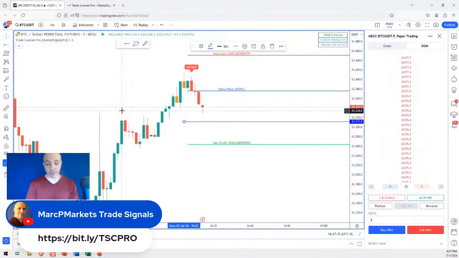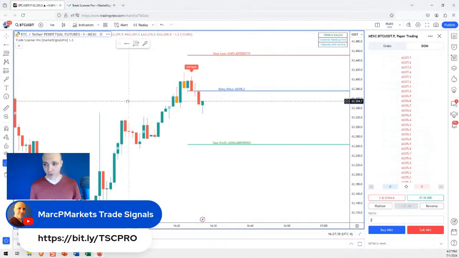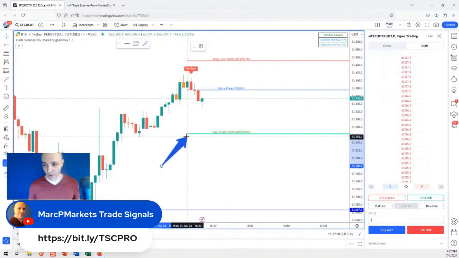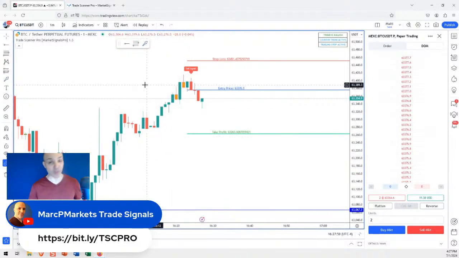I'll take some off. Why? Because I want to lock in profit. Because I know I'm asking for trouble. I know that I'm going against this thing, structurally, and I'm not at a great level. So even though it tells me that the take profit is here, and this is what I should wait for, a lot of times, especially with a 1 minute time frame, I like to take money off the table early